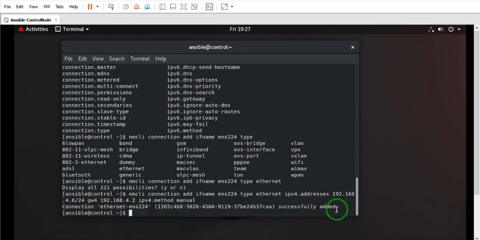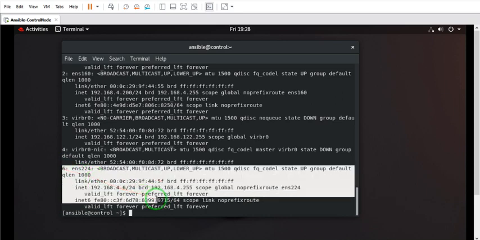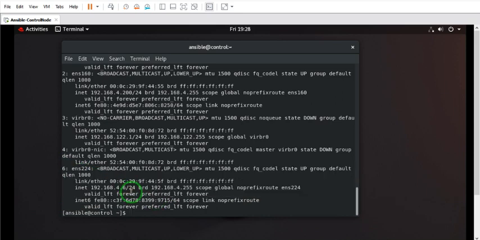So you will see a message on the terminal saying successfully added the new interface. Now after this, if we do ip a, can you see that new interface, that is number 6, ENS 224, is having the IP address 4.6. And if you don't see this change, don't panic. All you have to do is nmcli connection